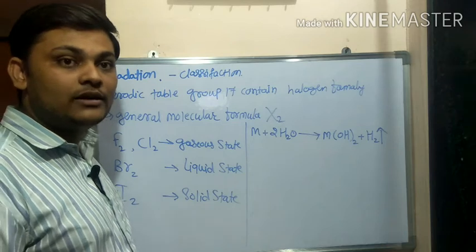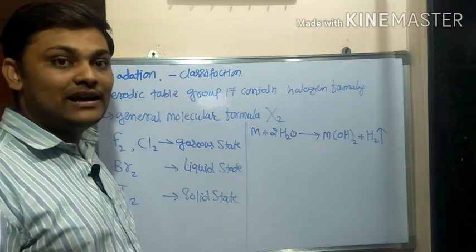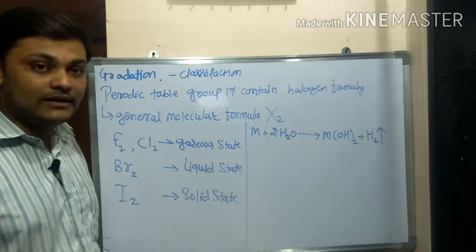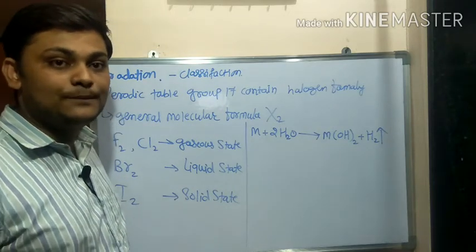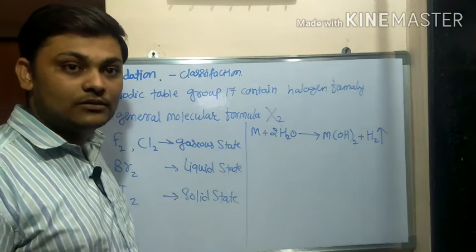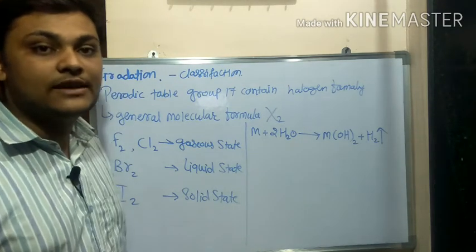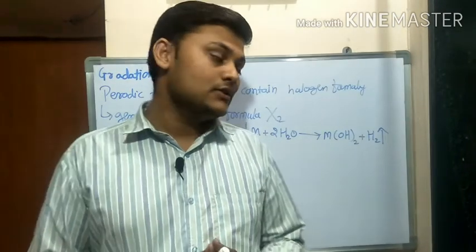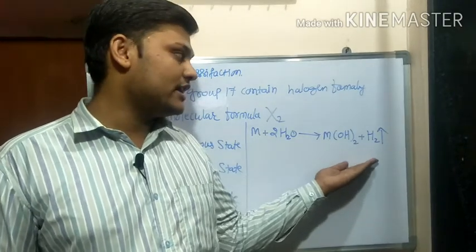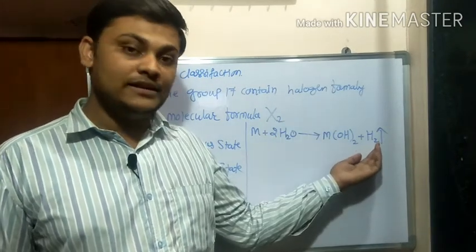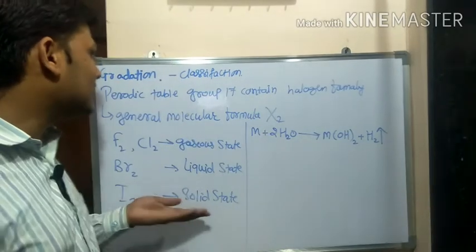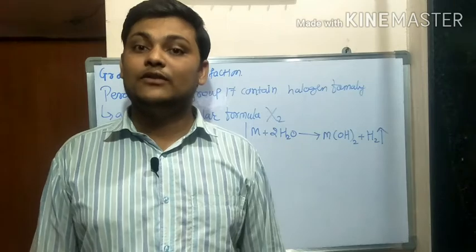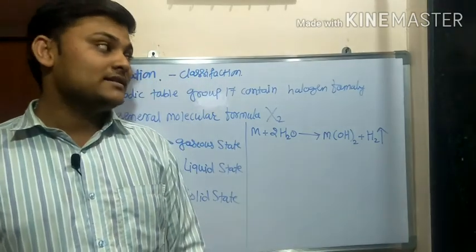It is seen that while going down the second group, the reactivity of alkaline earth metals goes on increasing, and thereby these elements, beryllium, strontium and calcium, react with water and the temperature rises with increasing rate. So all the elements show the H2 reaction in the format of X2 while completing these reactions. So this is nothing but the last point of our lecture, the periodic classification of elements. This is the last video lecture.